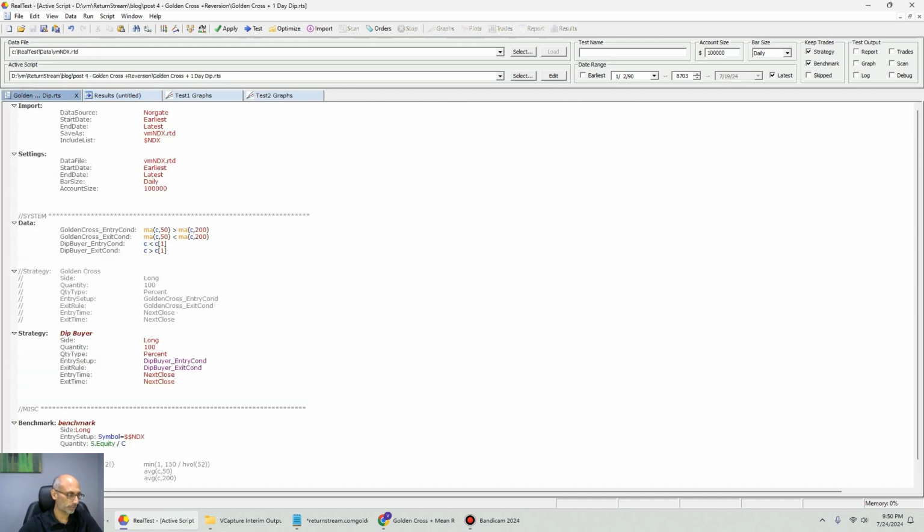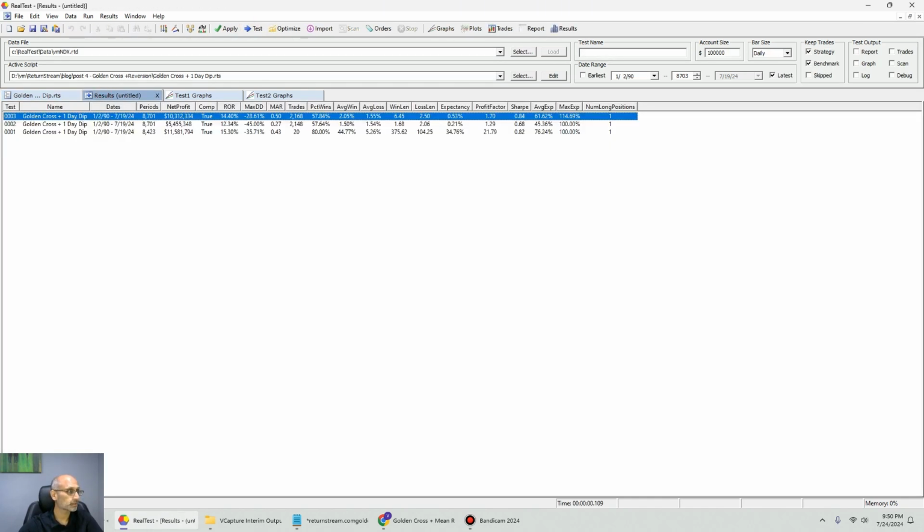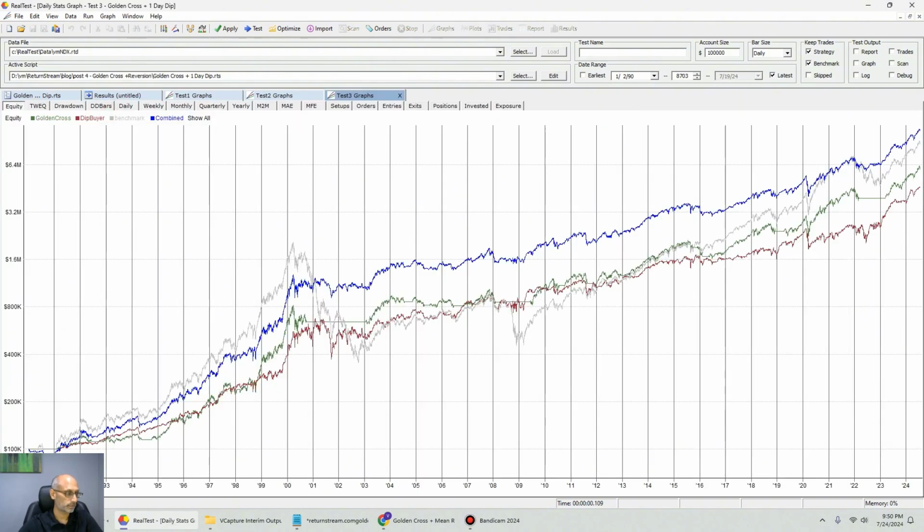All right, now let's go ahead and combine the two. And you can see how it becomes a lot smoother. So we'll give each system a 50% allocation. It says quantity. Run test. And you can see the blue line is